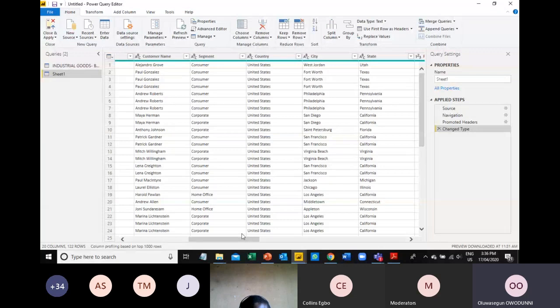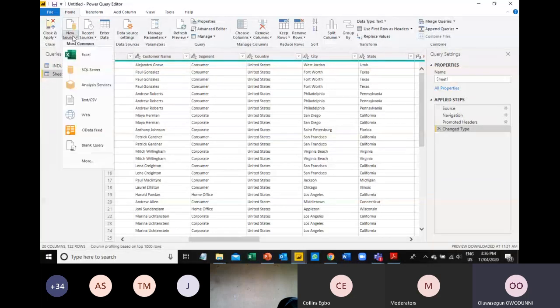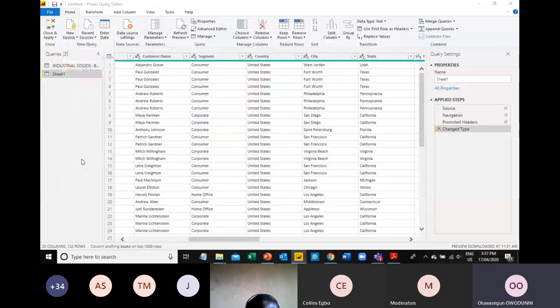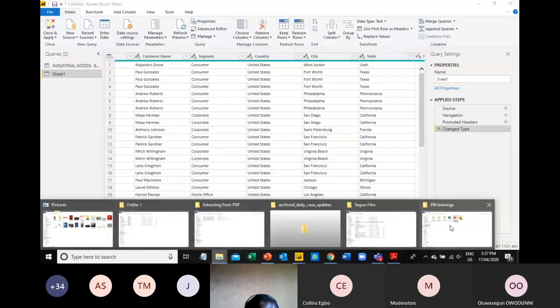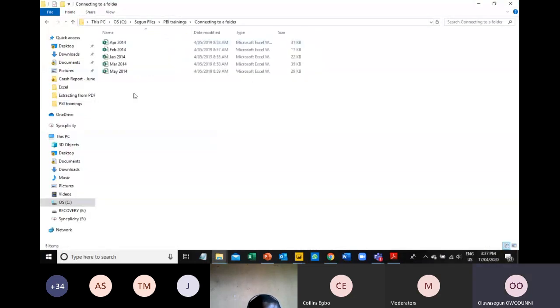The data I have here is monthly transactional data of a particular company. Let's click on sources, then new source. I'll be connecting to a folder here, so we'll see what I'm trying to say. So we have a company, and every month they send in a particular file with the monthly data. For example, you can see here we have